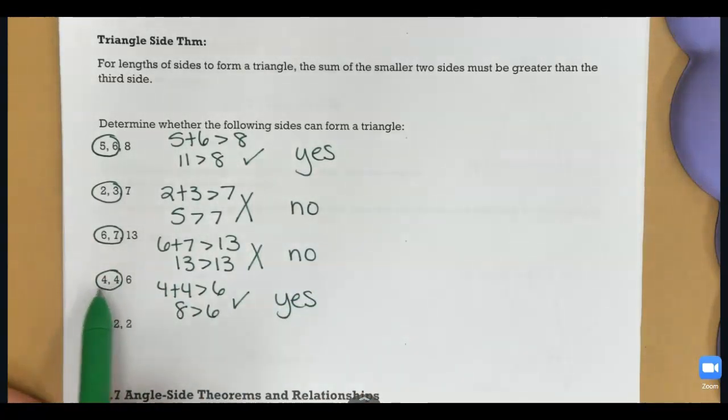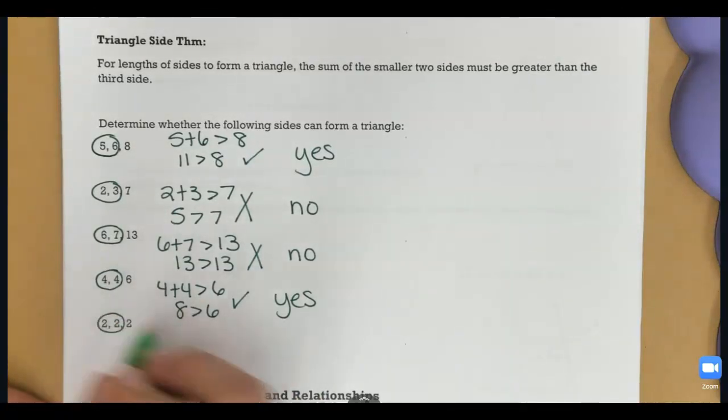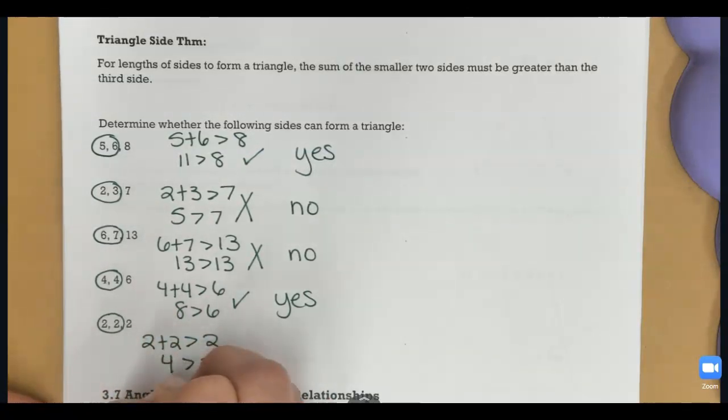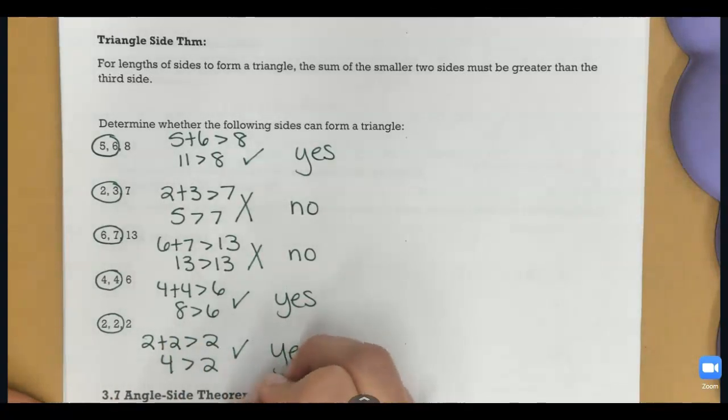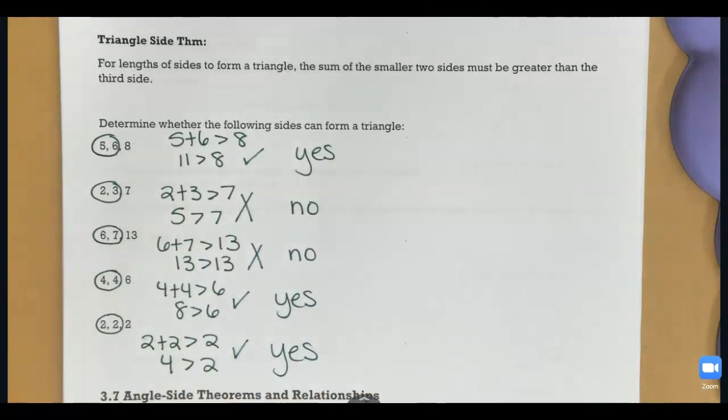And if two of the sides are 4, that would be an isosceles triangle. Okay, lastly, 2, 2, and 2. They're all the same, but 4 is greater than 2, so yes, those could make up a triangle, and that would be an equilateral triangle. So that is your triangle side theorem and